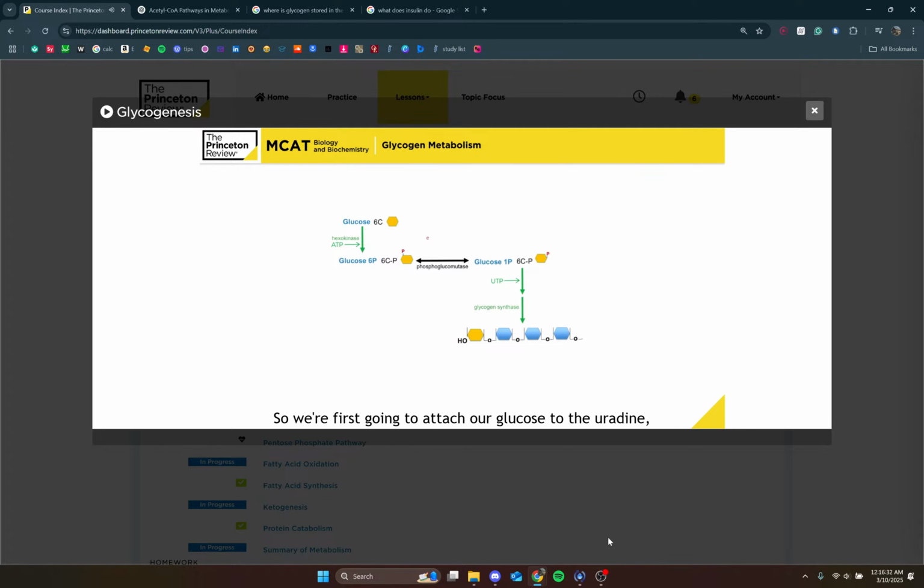So we're first going to attach our glucose to the uridine, and then glycogen synthase removes the uridine and sticks the glucose onto the glycogen. The reverse pathway we're going to have in red, because we have glucagon and epinephrine there in red on the other side. So when your blood